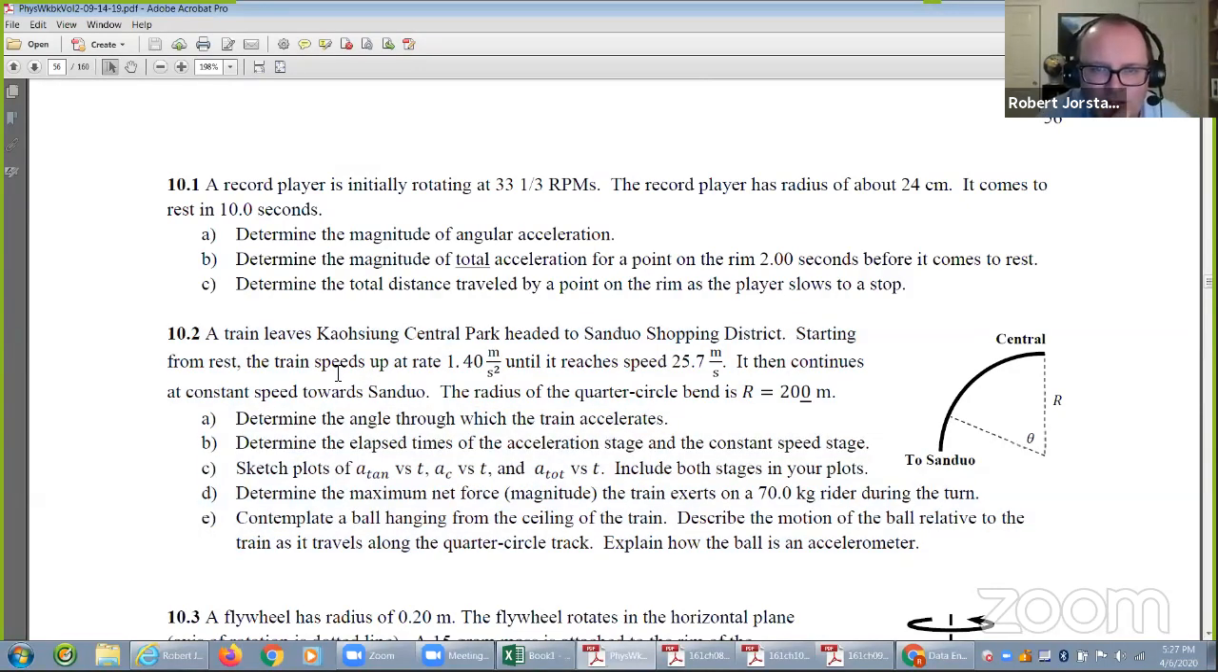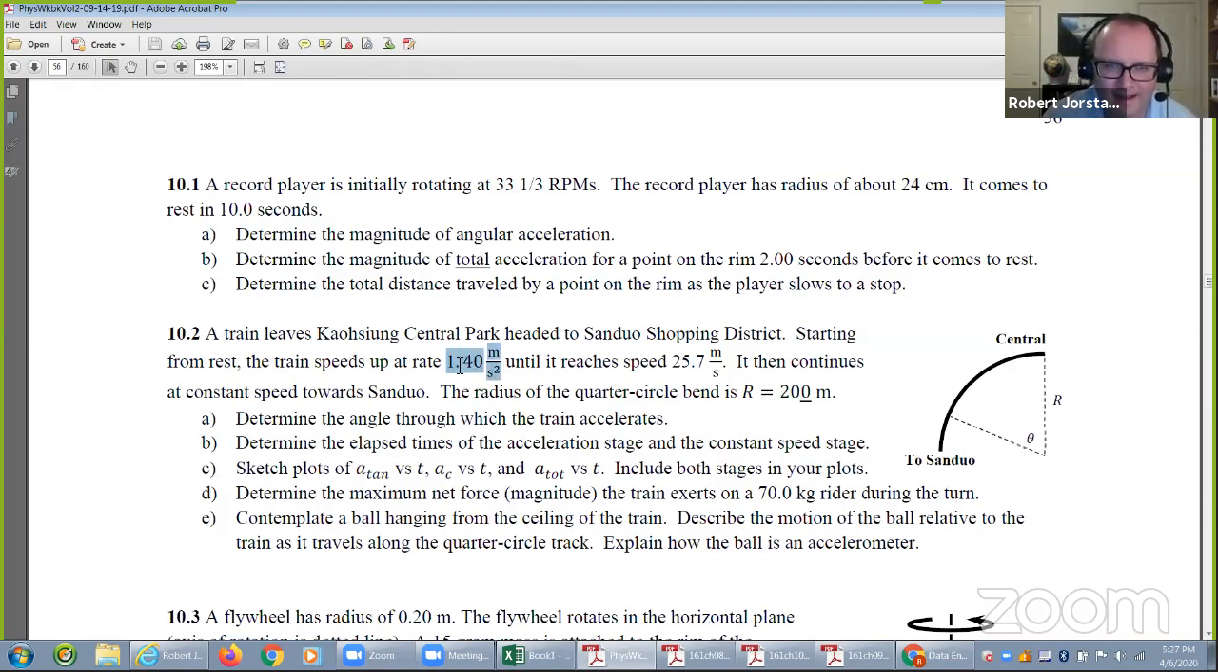Okay, you've got a train. It's starting from rest at Central, and it's going to Sanduo. The train speeds up at this rate until it reaches this speed, and then it continues. So in this case,